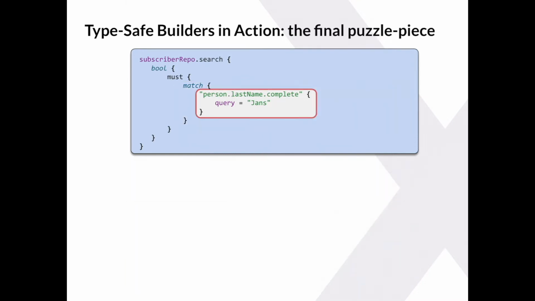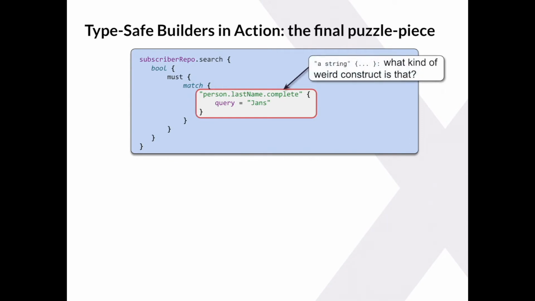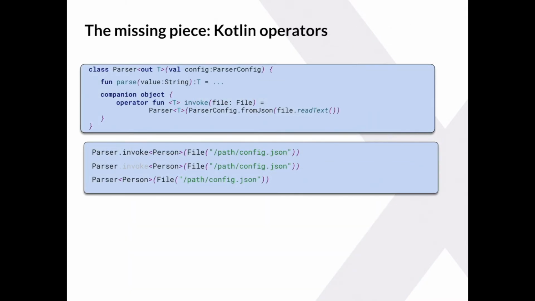Okay? So this is how it works on a larger level. Now we have these weird constructs. So instead of having a method match must bool of this construct object, now we all of a sudden have right away a string. How can we make a string then create such a match block, right? So this snippet here must return a match data block. If we only had this in place, we would get compilation errors. It wouldn't work. So there is a missing link there, which is also a feature we have to look at,